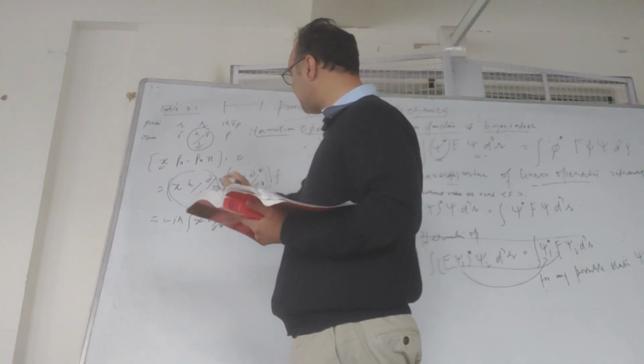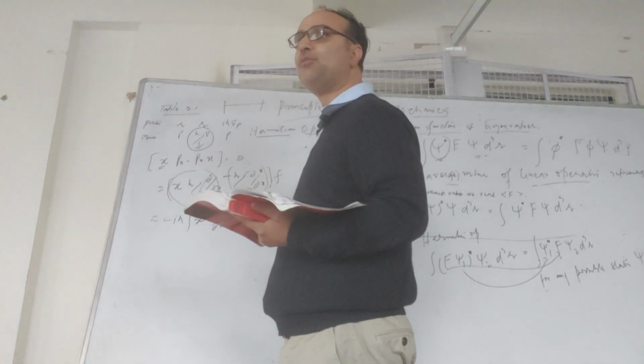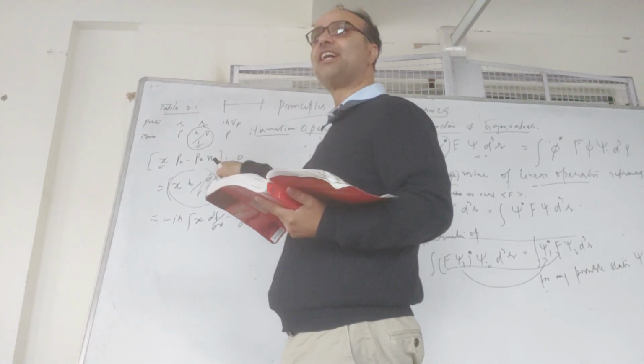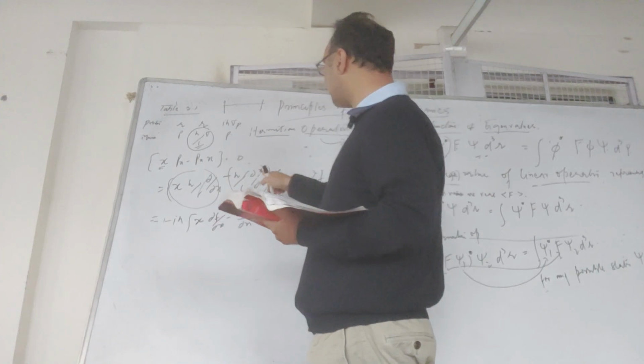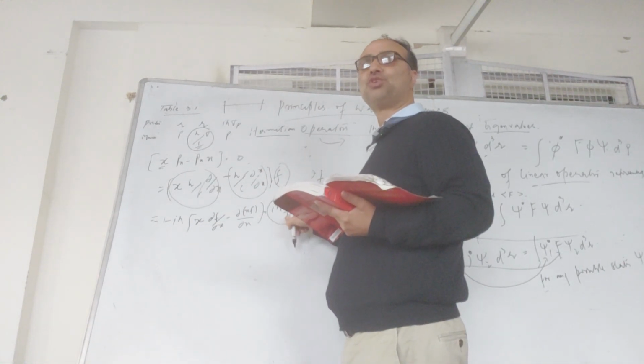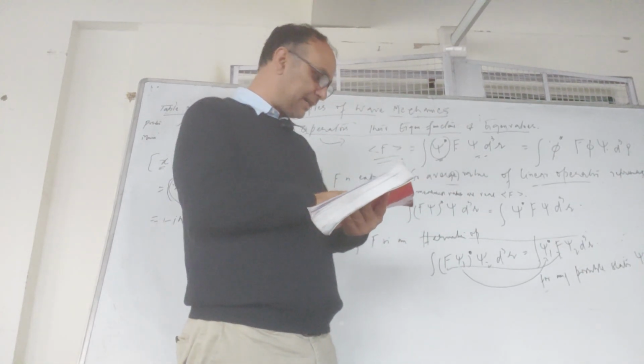So one of it will cancel with this, the other will not, so the commutator did not come out to be 0. मेरे कहने का मकसद ये है, the commutator acting on this function, it did not come out to be 0, it came out to be this. अब ये प्रॉपर्टी जो हमारे पास है ये है,